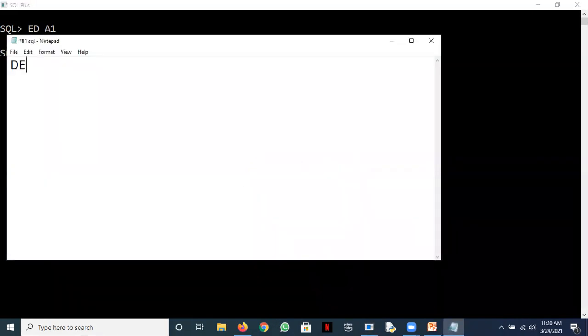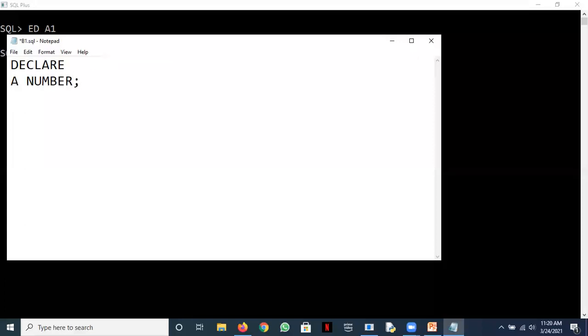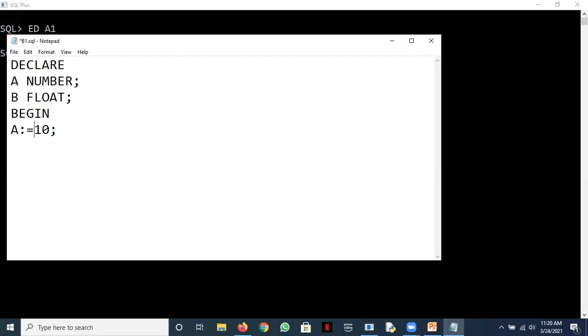Let's write a PL/SQL block. Declare: I can declare A as number, with a semicolon, B as, say, int, or maybe a float. Then begin, where I can write A := 10. The assignment is given with colon equal to, remember, not just equal to.